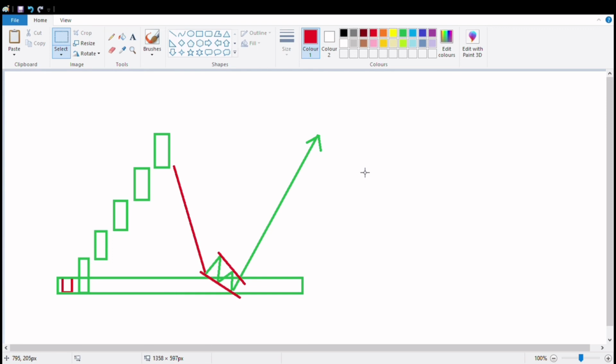Firstly, to wrap up, we are waiting for a demand or supply zone, and then we are waiting again for a chart pattern, which is a rising or falling wedge pattern. Therefore, lastly, after we break our pattern,